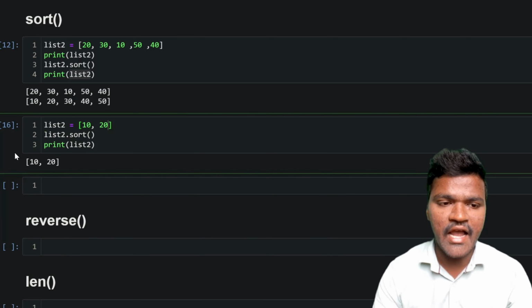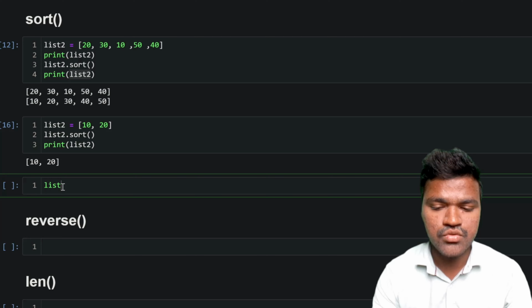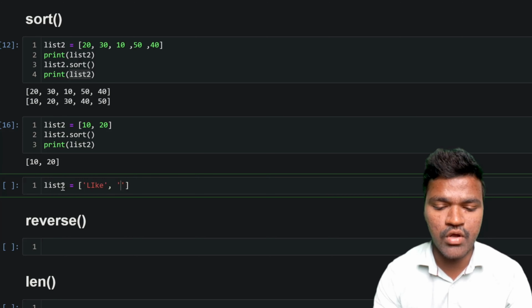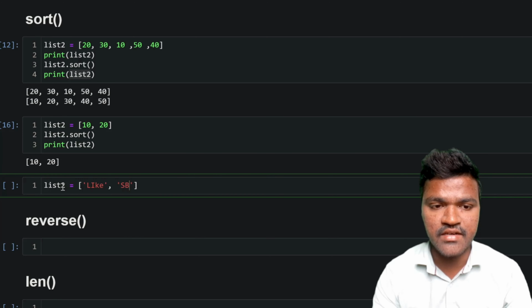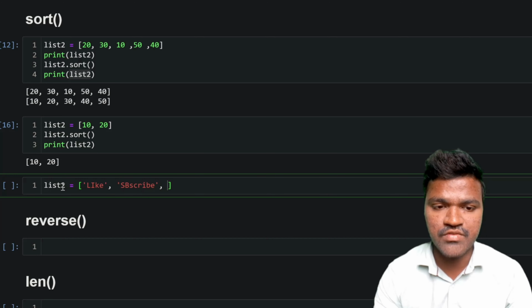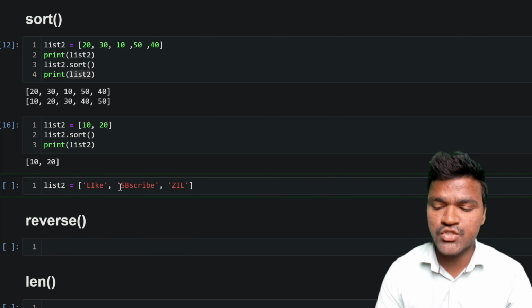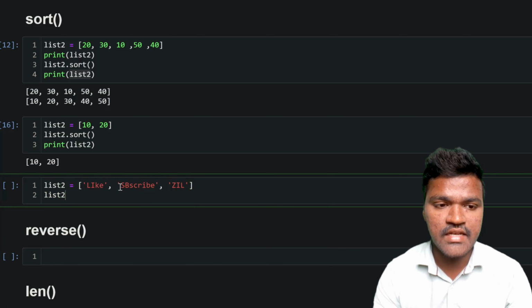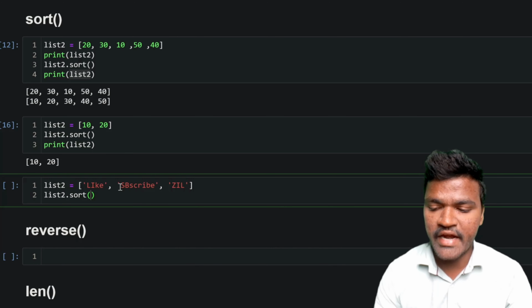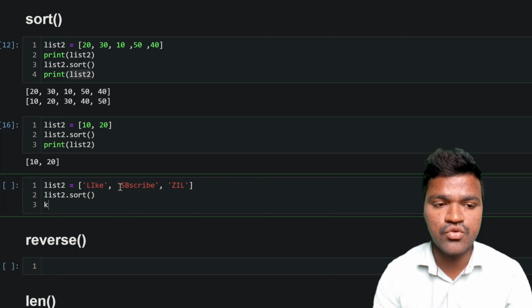Let's say I take list2, and inside of this particular list2 I will have, let's say, a string here. I will have one more string, subscribe, here, and like this I am having some of the elements, let's say zil. So like that, I am having these elements inside of list2. If I call list2.sort, and print list2 here,